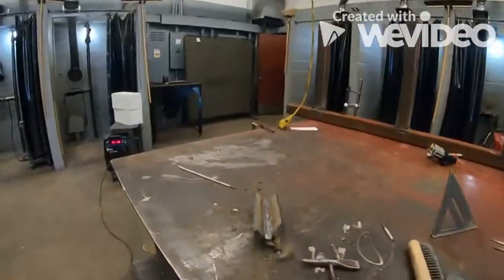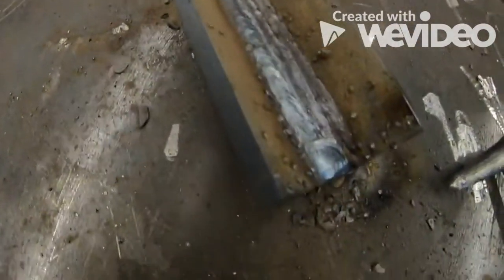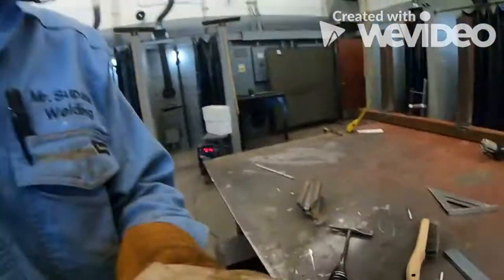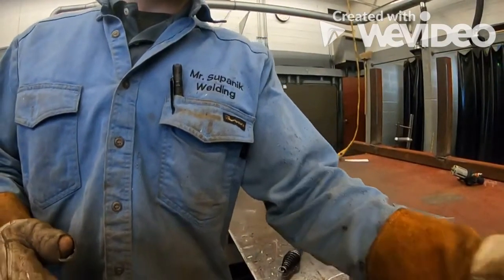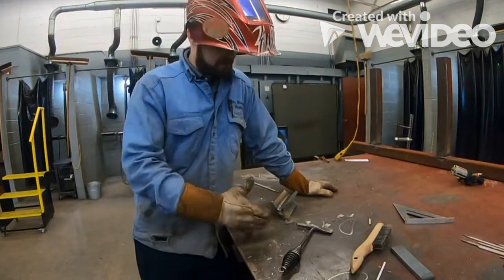Okay, these are 6 total beads. This is what a 3-pass cover would look like. Okay. There's going to be a time where you're going to make more than just 6 total welds to complete this, but for demonstration purposes,